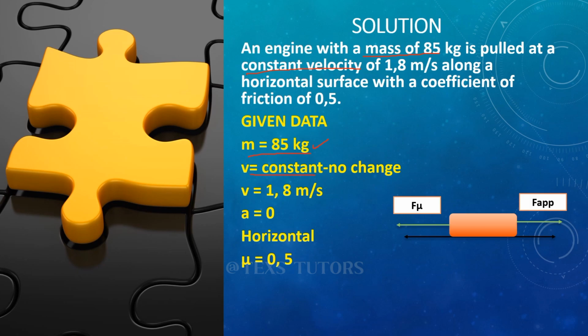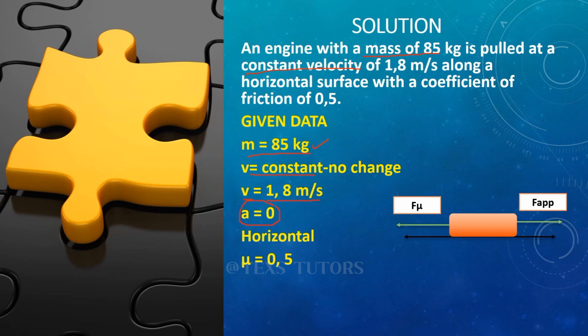So since the velocity remains the same, that means the object is not accelerating. Because remember, in order for an object to accelerate, you need to have a change in speed. Acceleration is the rate of change of velocity. So the symbol which we use for constant velocity is v, and my velocity is going to be 1.8 meters per second. As I've just explained, since there is no change in velocity, acceleration is going to be